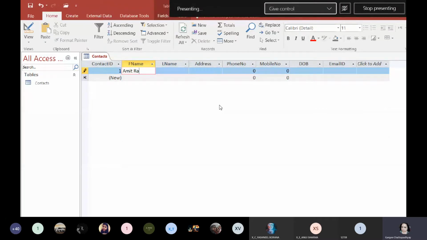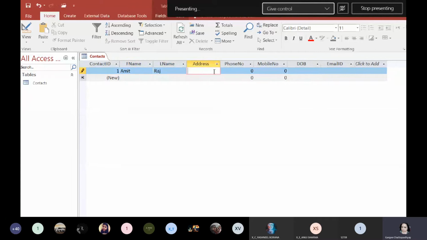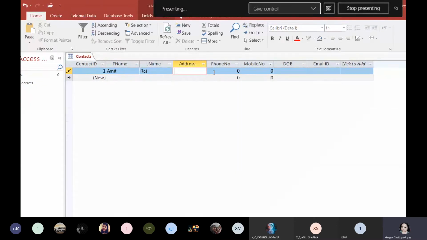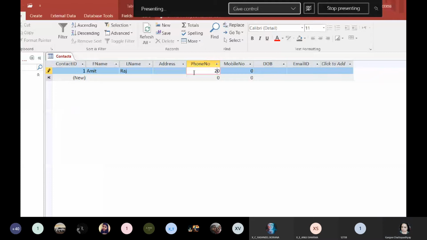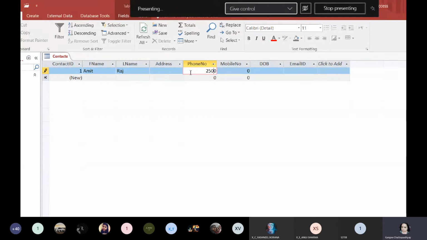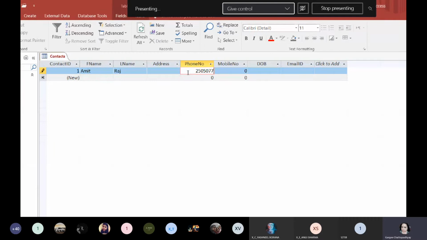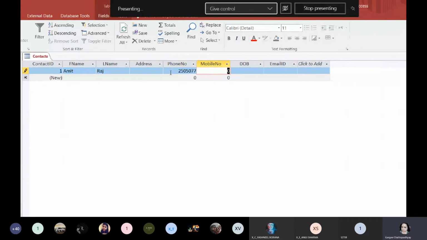Now in phone number, we'll have to do something by changing it to either single or double. Single is okay, but long will not work. Okay, so for phone number, if it is landline, then I can easily change it. Like if I type it as, this can be accepted. Why? Because it is within the range of long, but mobile number is usually 10 digits long, so it will not accept it.